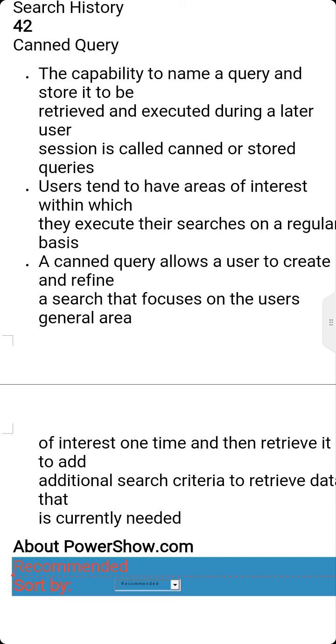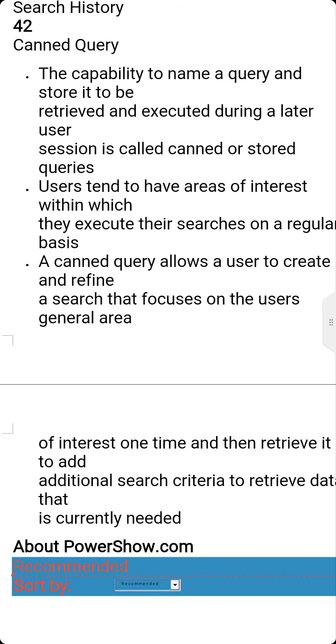In this, users tend to have an area of interest within which they execute their searches on a regular basis. That is nothing but regularly you are going to search about that matter, so there is no need of typing again and again. Already you have searched, it is saved. Those types of queries are called canned queries.